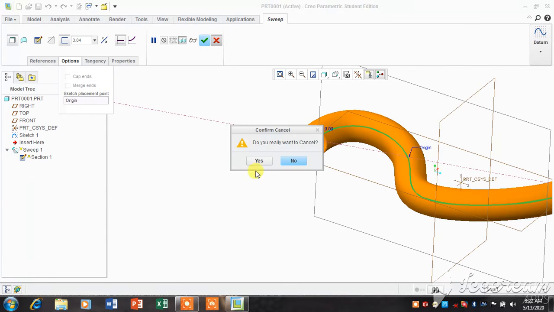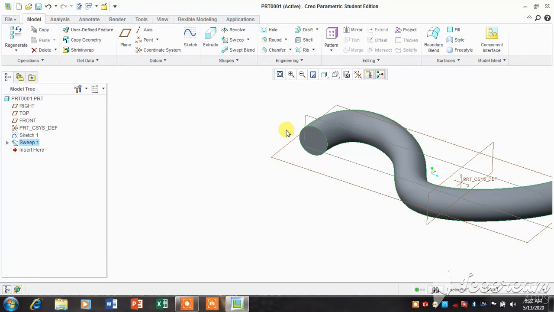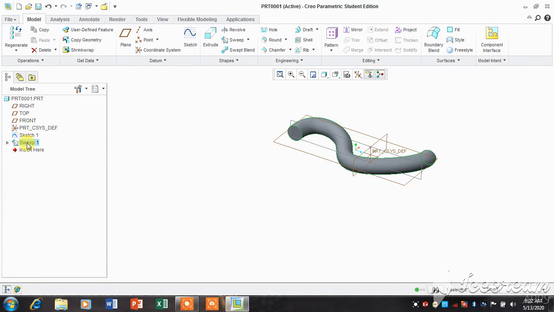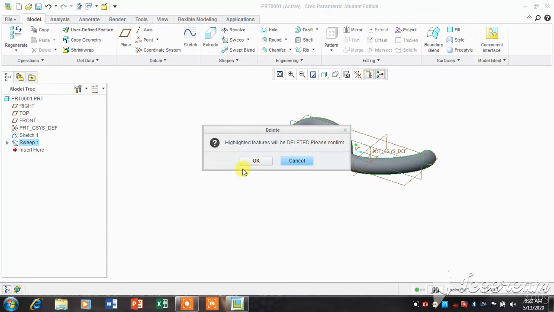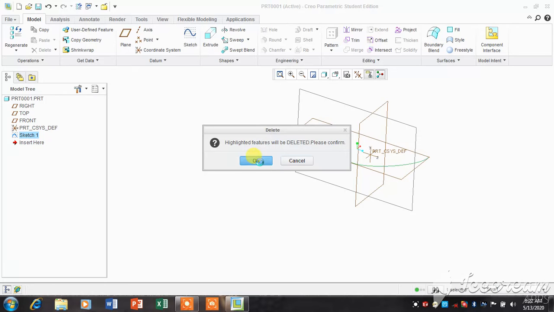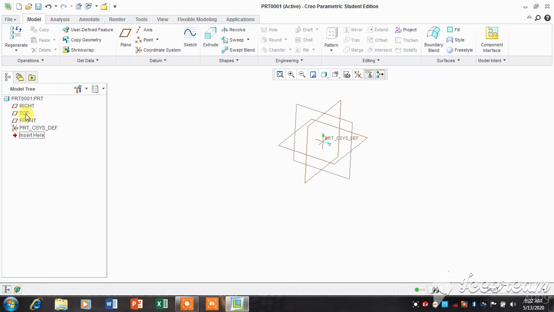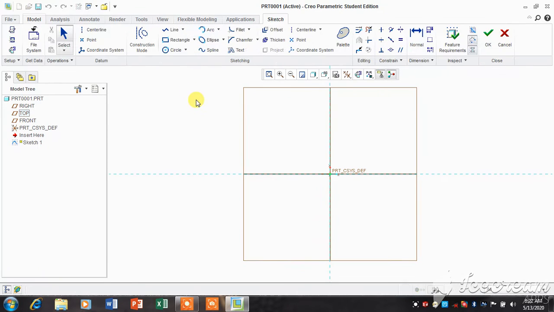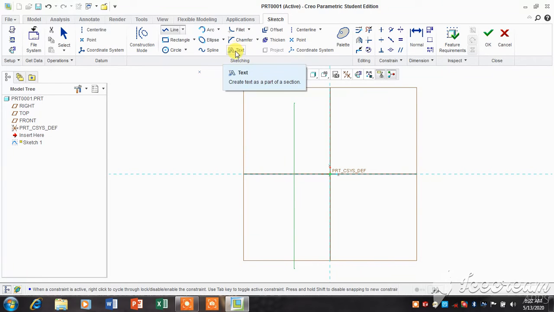Next we see the helical sweep command. Delete this, consider the top plane, sketch for the helical sweep, and draw a line like this for creating a spring.